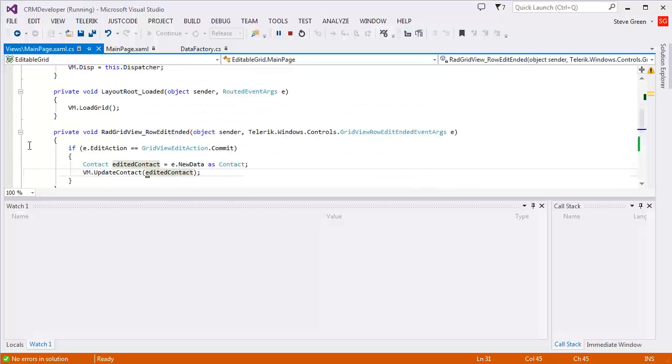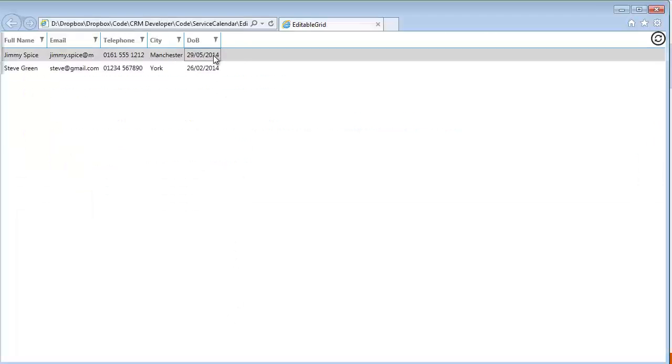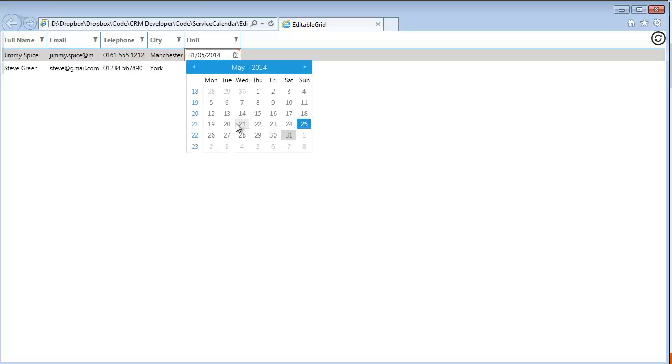Let me put a breakpoint on there and try it again. So change that to the future. It does seem to have fired this time, not sure what was going on there. So if I try to exit that cell, you can see it's highlighted in red, and I could put a message that would pop out with the Telerik control that would say the reason why, that obviously date of birth has to be prior to today or something. So again, 31st, hit return. So it won't let me exit that cell now until we put the date to a valid one,